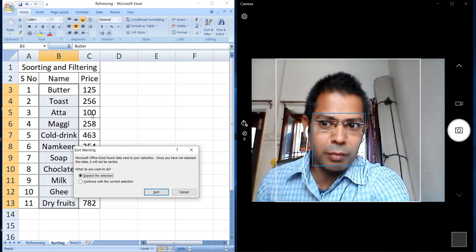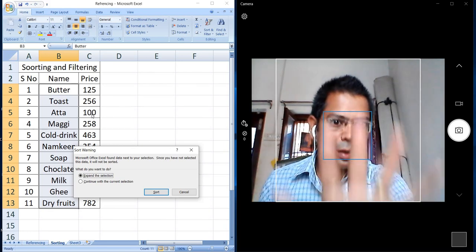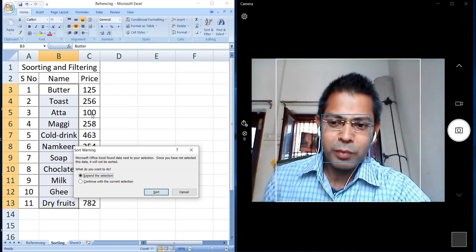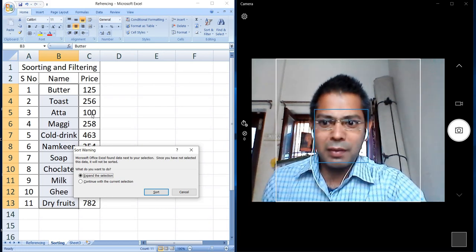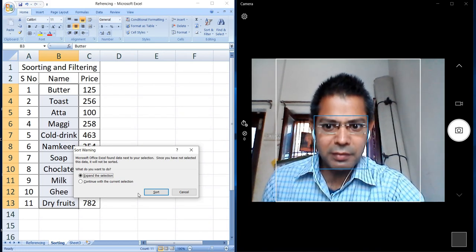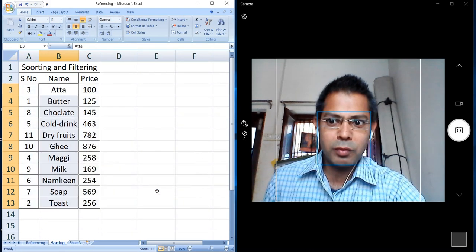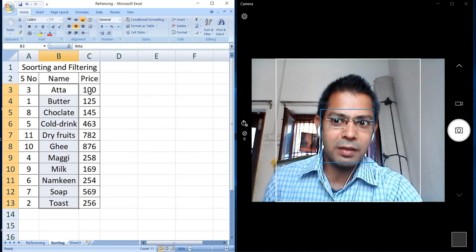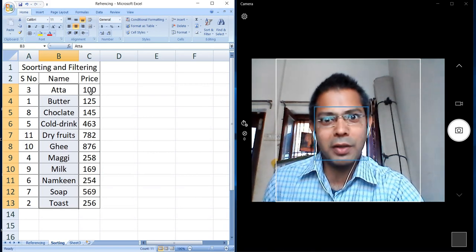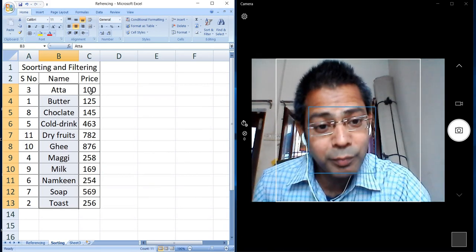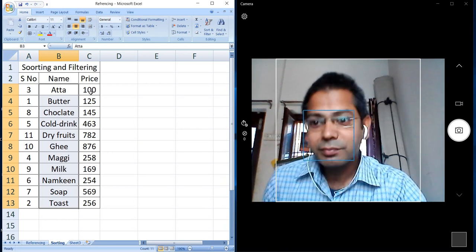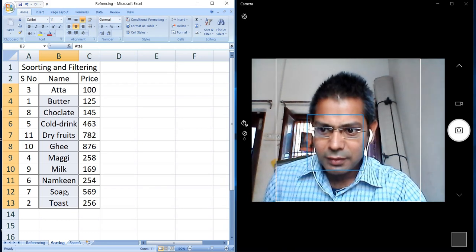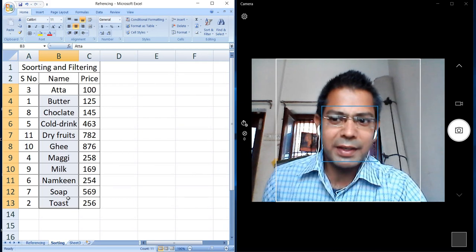Both pieces of information will move together up and down wherever it goes. This is possible when the expand the selection takes place. Now we will press sort. You see atta, number three, came to first, and the price of atta also came along with it. Now it is sorted in ascending order.